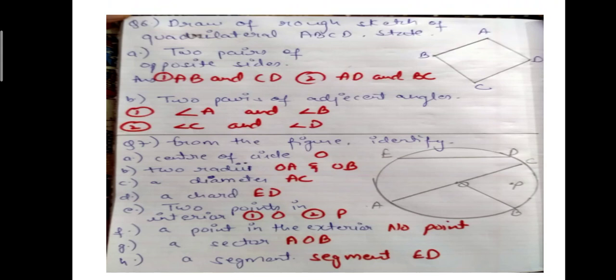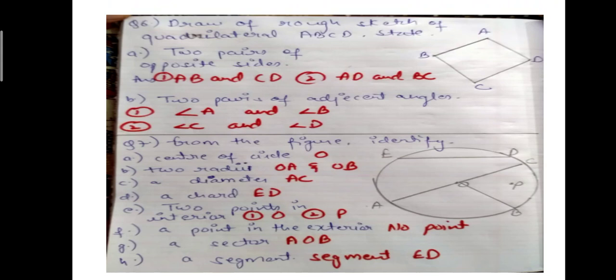ठीक है. Now in the seventh part of the question, a circle is given to us and based on that you have to answer a few questions. The first question is the center of the circle. You have to find the center of the circle. Clearly center is that point जिससे circumference की जो distance होती है वो हमेशा equidistant होता है. ठीक है. So clearly we can see that O is that point and hence O is the center of the circle.